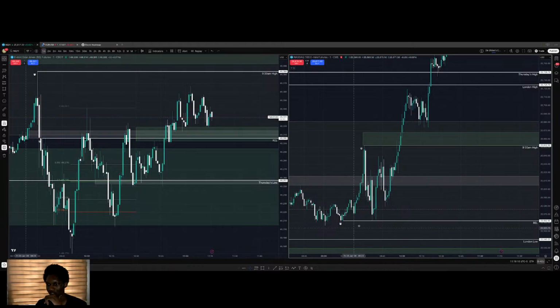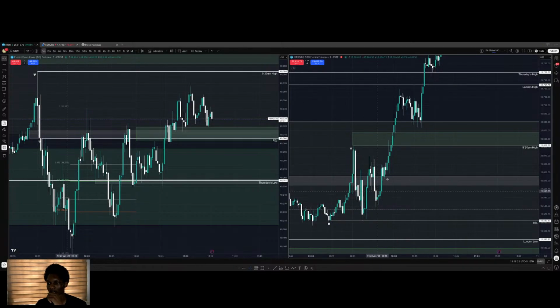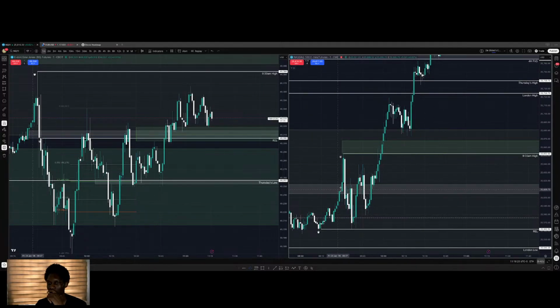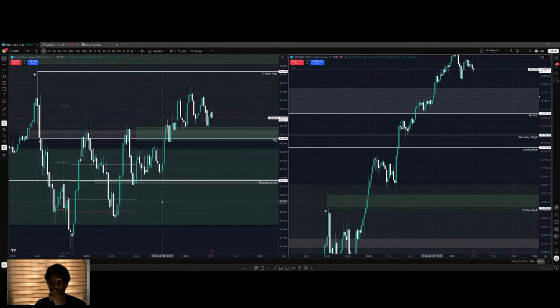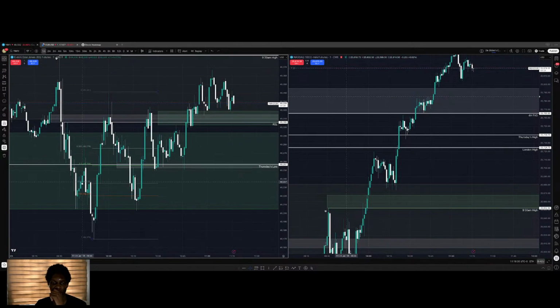Yeah, I couldn't take this trade though. I just could not. Once I have relative equal lows, I can't take a trade. I have to wait for the liquidity sweep. So this, I don't really care about that. Then YM took this, took partials, moved stop to break even. Price came all the way back and stopped me out. It was not my time to trade, so I couldn't take this.